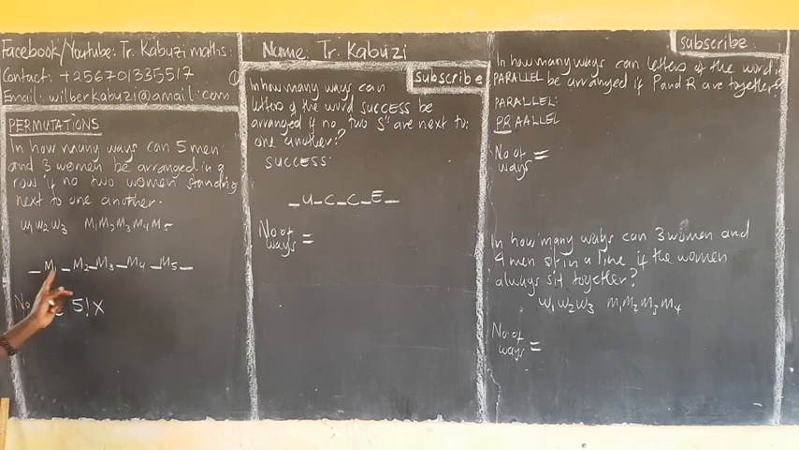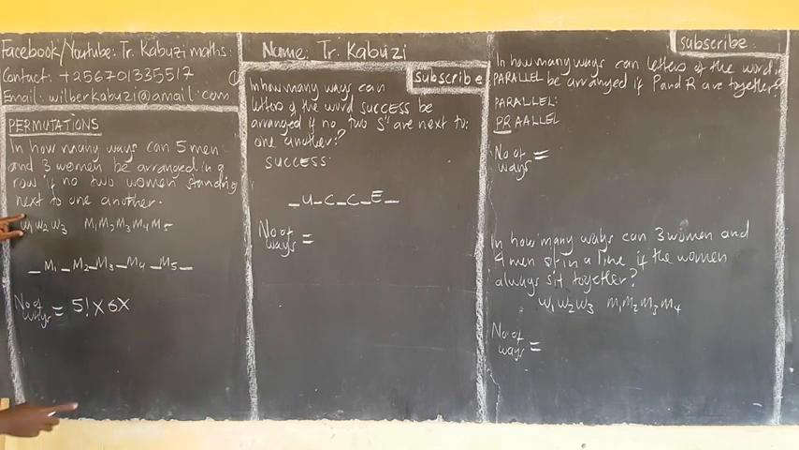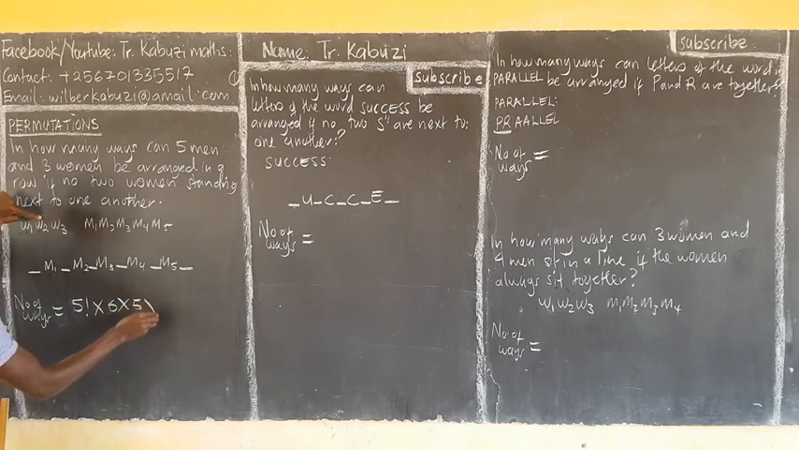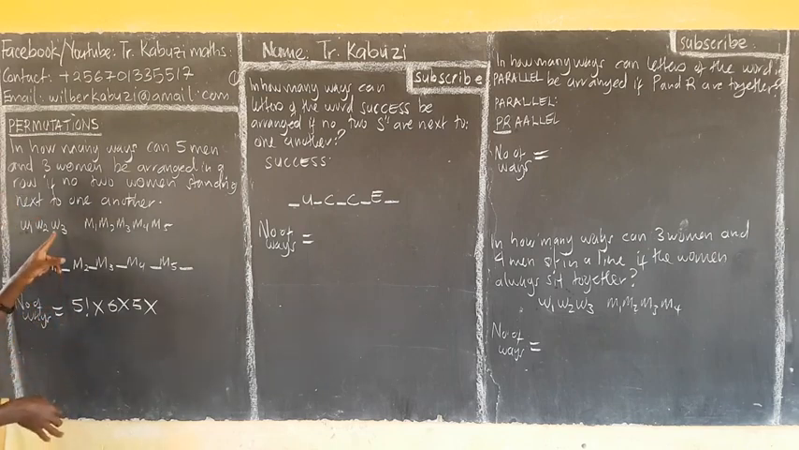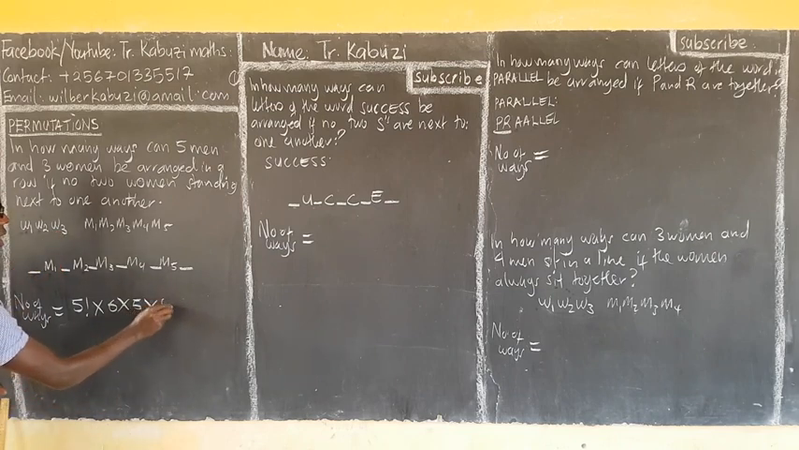Times. Now after arranging them in those ways, now I have 1, 2, 3, 4, 5, 6 spaces where these women can fit. So the first one can take on all these 6 spaces. Times. If this one takes on one of the 6, it means that there are 5 spaces left. So the second can take on those 5 spaces. If she takes on the 5 spaces, it means that there are 4 remaining. This one now has a chance of taking any of those 4 spaces. So from there, we shall be having